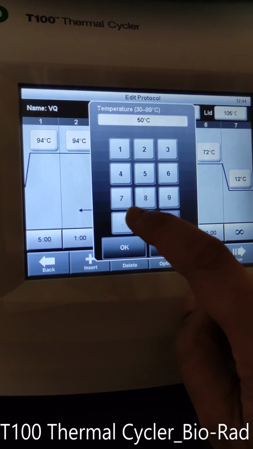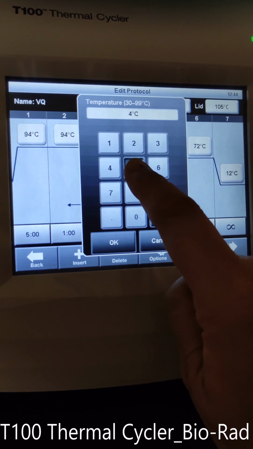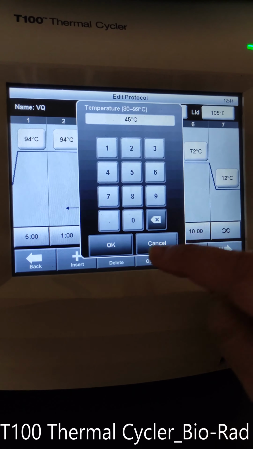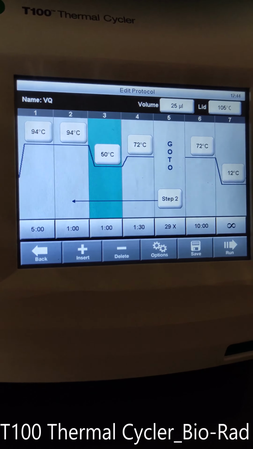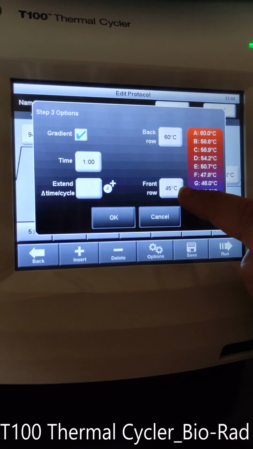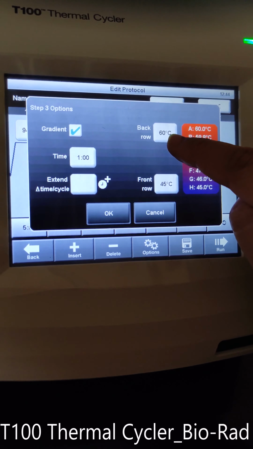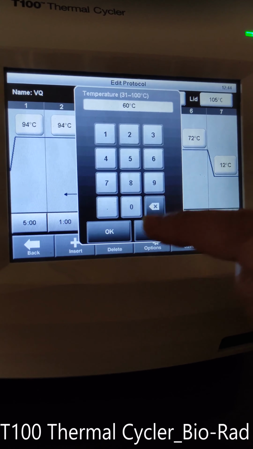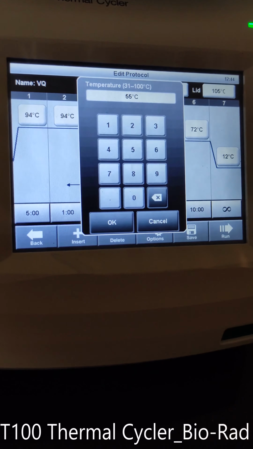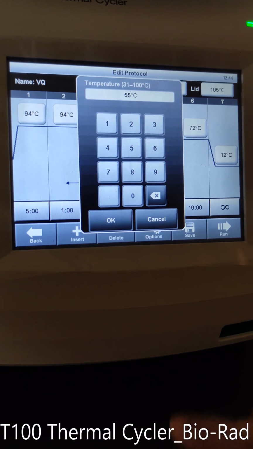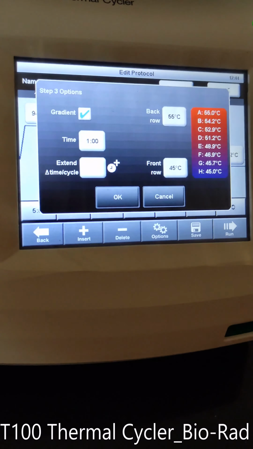For example, we want to set a gradient from 45 degrees in the front row, so it will show 45 degrees, and in the back row, if we want to make a gradient of 45 to 55, we will put the maximum temperature 55 degrees and press OK.